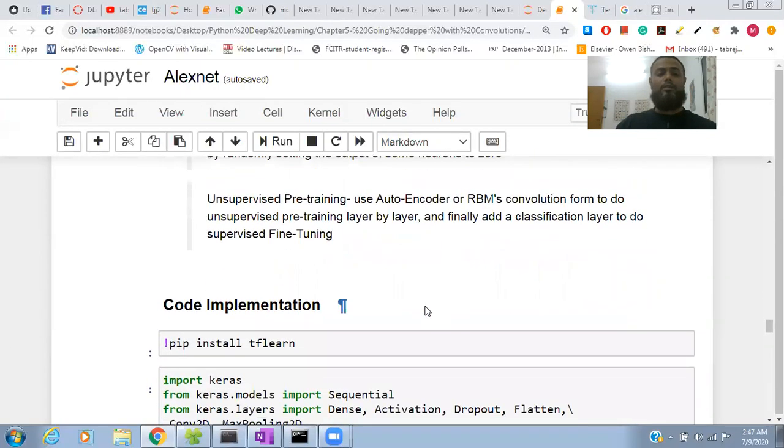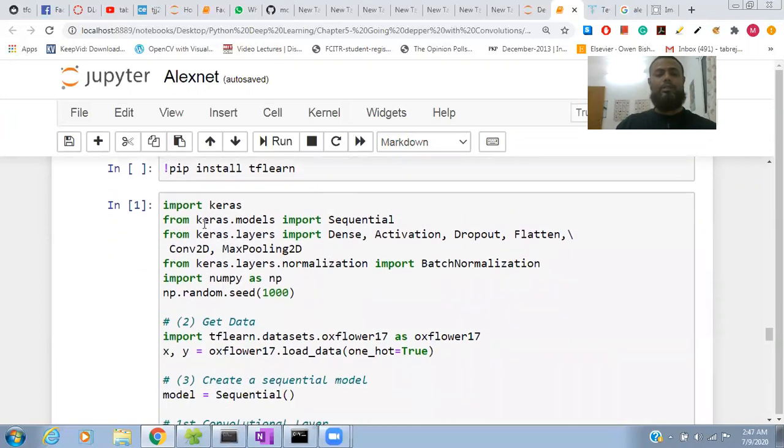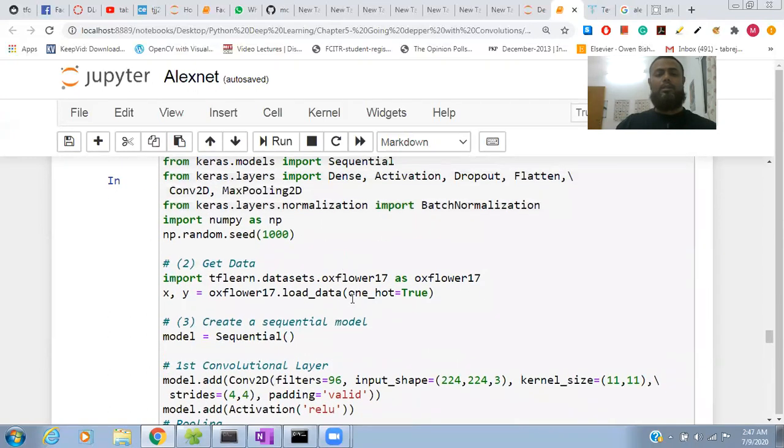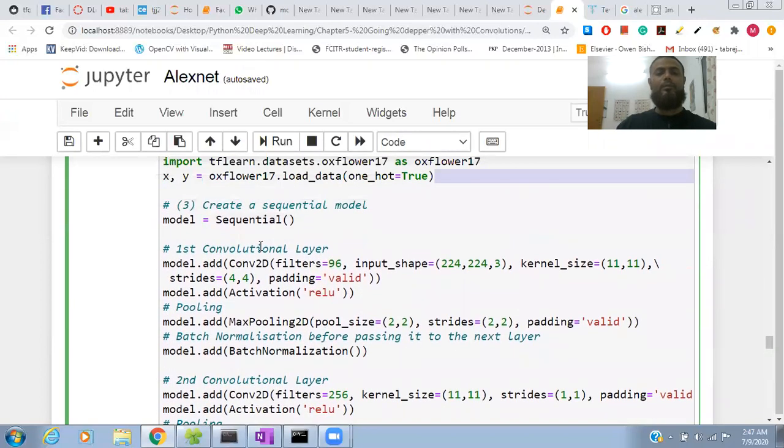Okay, so this is the code implementation using Keras. If you come here, first we create the model as a sequential model, and then the first convolutional layer, filter is 96, and input size is 224, and this 3 means it is RGB, a color image.